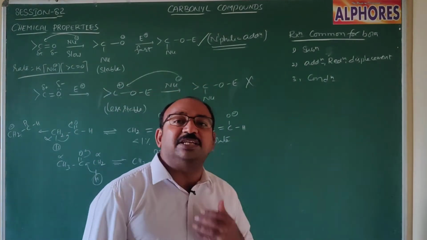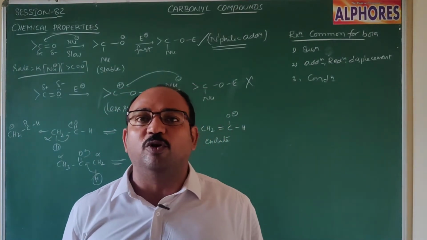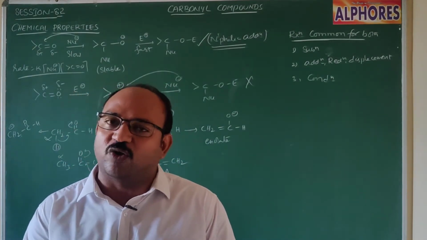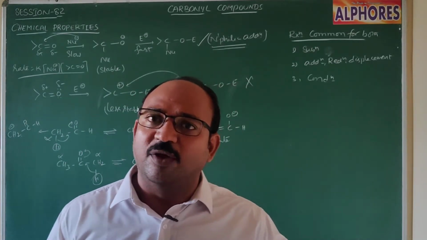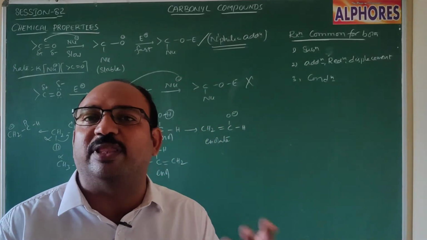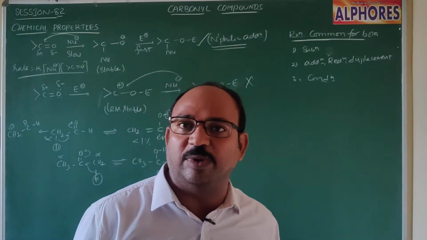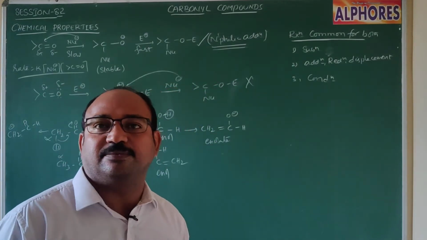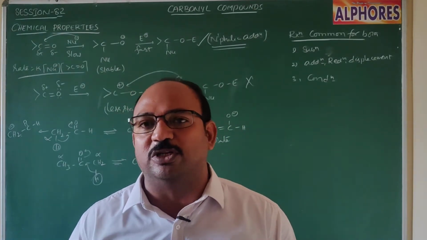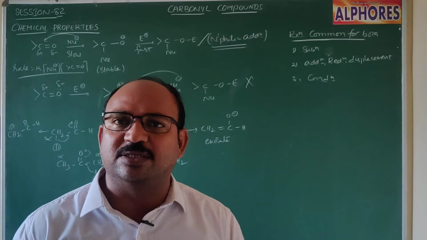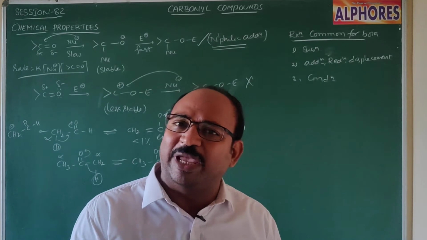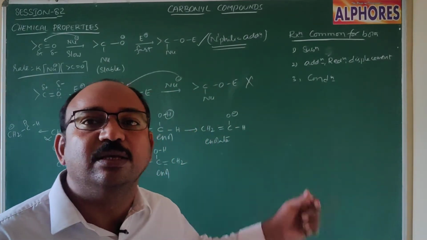And the second one is addition reactions across the C=O group, across the carbonyl group: nucleophilic addition reactions are quite common for both aldehydes and ketones. Of course, as we discussed in the previous session, the reactivity of aldehydes is more than ketones, but the functioning is similar. And the next one is reduction. Aldehydes and ketones, which are carbonyl compounds, upon reduction give alcohols, but aldehydes give primary alcohols and ketones give secondary alcohols. They may give different products, but their way of reaction is similar.